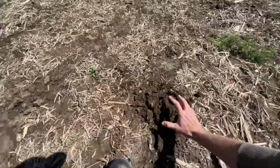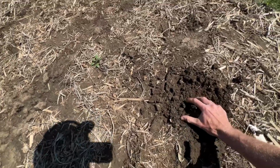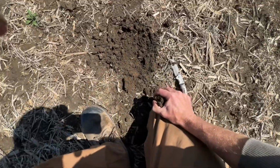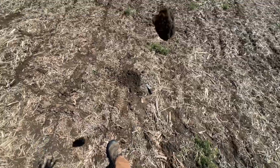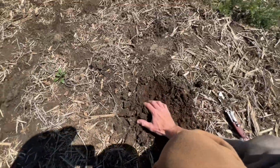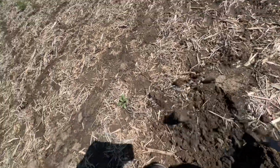and then bear with me here. We're gonna make a clod like so. It's easier to do with 2 hands, and drop it. If it breaks apart like that did, it's good enough to plant. Now this is not sticky. It's slightly moist. If we dig down here,